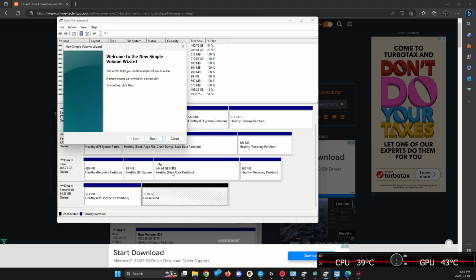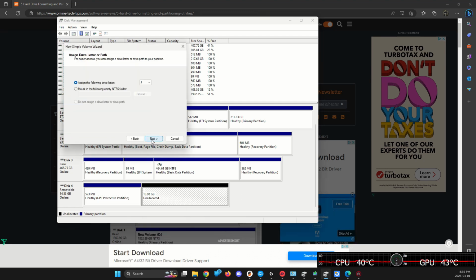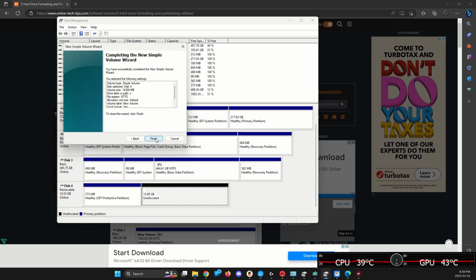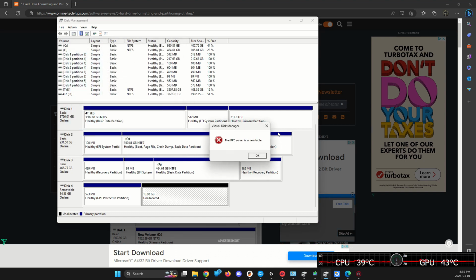And when I hit New Simple Volume, it would go next, next, next, and then it would fail at this point right here. Fail, and there wasn't anything I could do about it. So